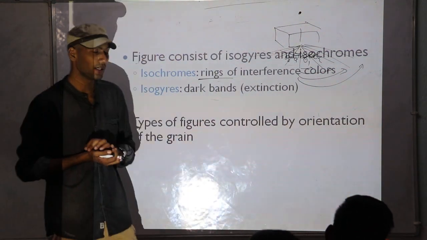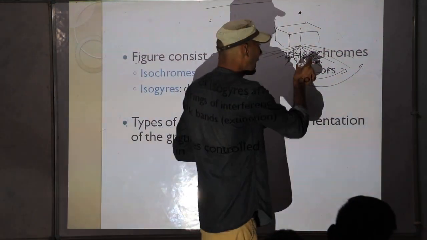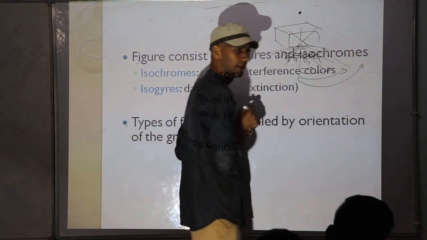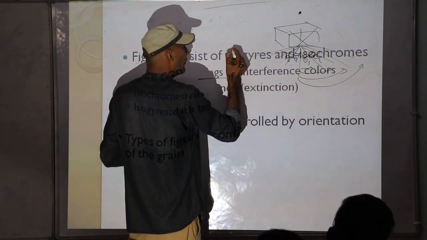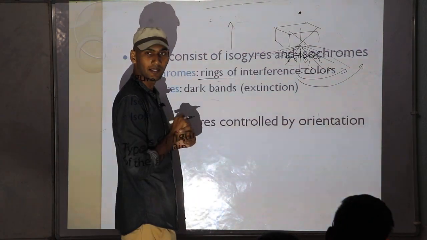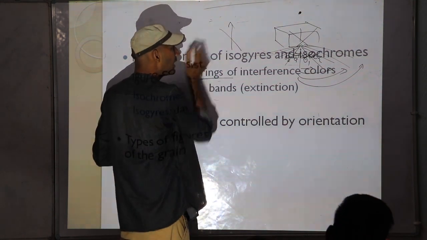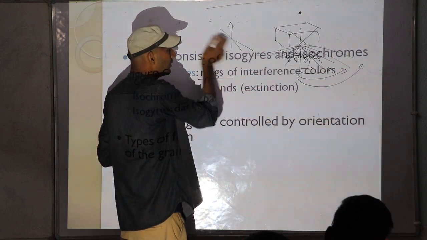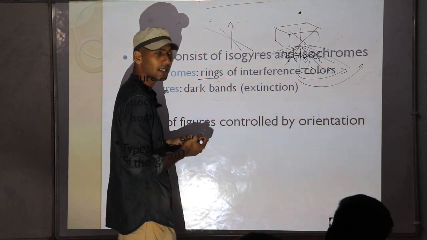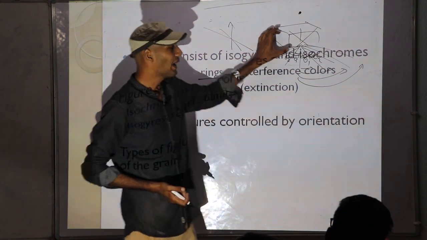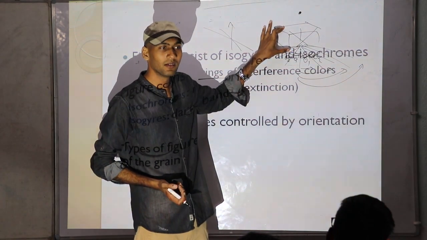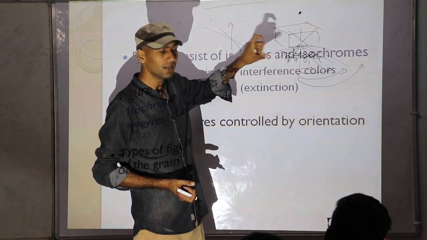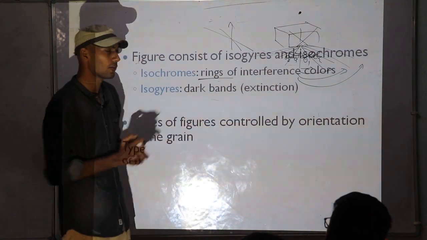Angle is increasing for cones. So when the angle increases, the ray has to pass more distance within the crystal, right? If this is the crystal, when it is moving straight, it covers the least distance. When it is at an angle, it passes through a greater distance; the more the angle, the more distance it has covered in the mineral. So birefringence means change in refractive index, and retardation means the path distance between the two rays, slow and fast rays.